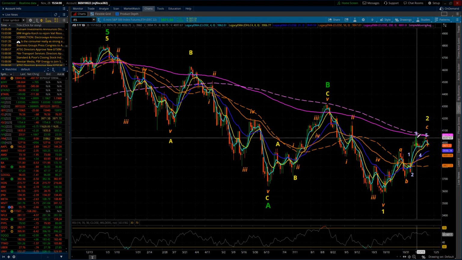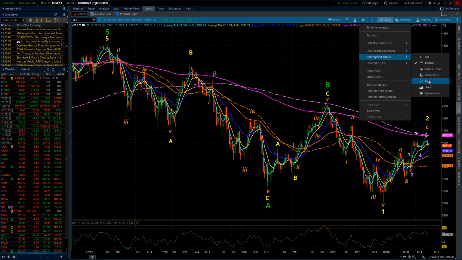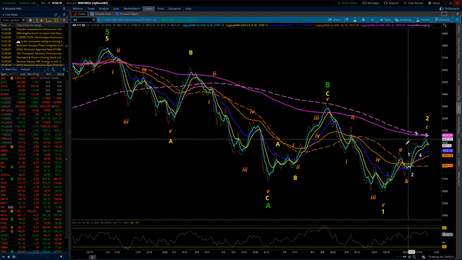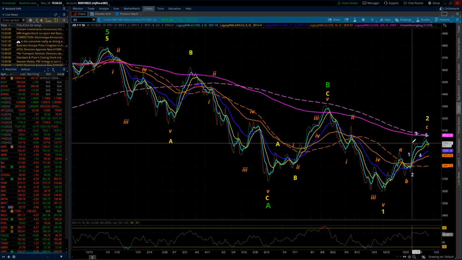And I already know that it did not top the high that we saw on the 15th. But now you can see how I've got this labeled. I'm going to change my style from candle to line chart. And when I do that, it makes a world of difference and shows very cleanly this 5 waves up and wave 5 topping wave 3. How? Because on that line chart, it's done on a closing basis. So similar, that's what Elliott had in his day. That's how he created all of this.